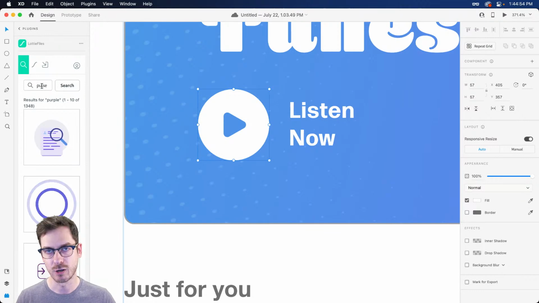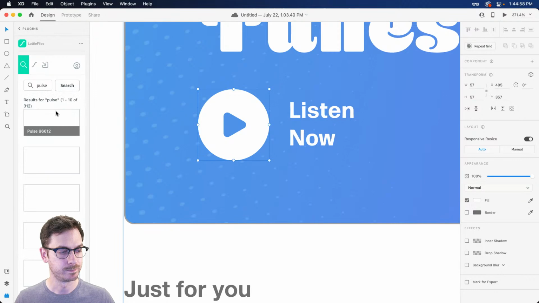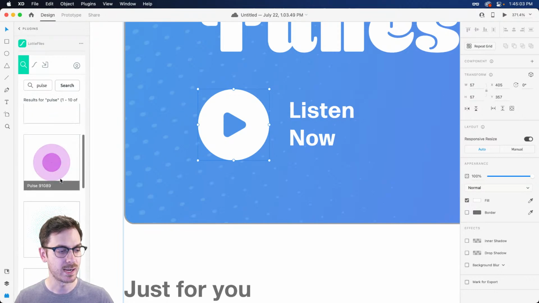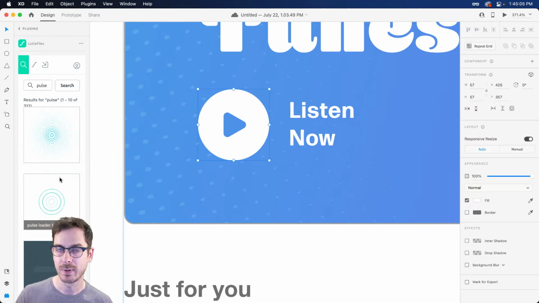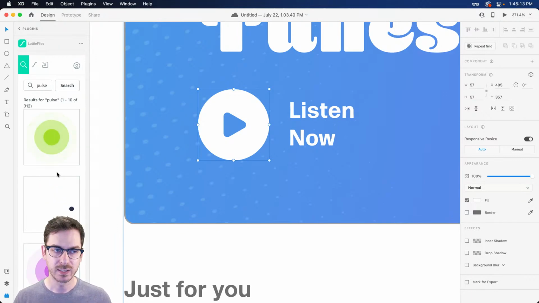Pulse. I guess it started with the same name, and I was working with purple earlier. So if I type out Pulse, we've got some interesting elements here. Now, one thing to note about Lottie animations is you cannot edit the color. Even though they are mostly vector-based, there's just no way to edit those colors. So definitely keep that in mind.